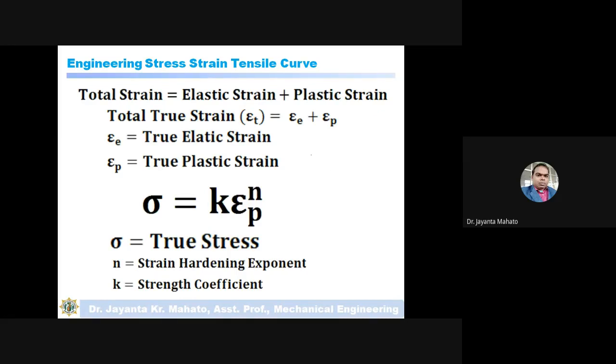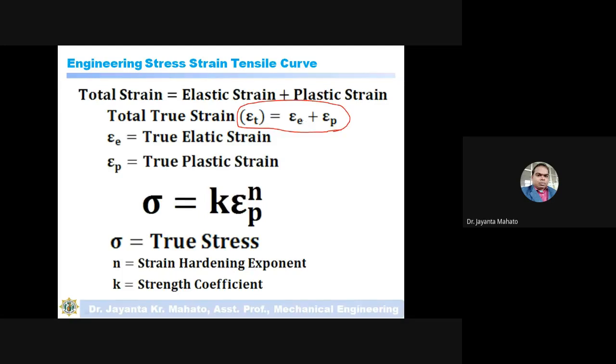In a tensile test, first elastic deformation occurs and then plastic deformation. So total strain is a summation of elastic strain plus plastic strain. Just remember this.